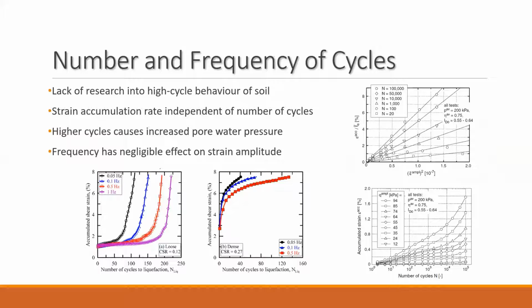Currently, the majority of cyclic loading prediction is based on implicit models, suitable for a relatively low number of cycles. However, there aren't currently many explicit models for high cycle observations of soil under cyclic loading. This is significant because while the strain accumulation rate was found to increase proportionally to the square of the average strain amplitude and independently of the number of cycles, the increase in cycles has been found to cause an increase in pore water pressure and hence a decrease in the shear strength.